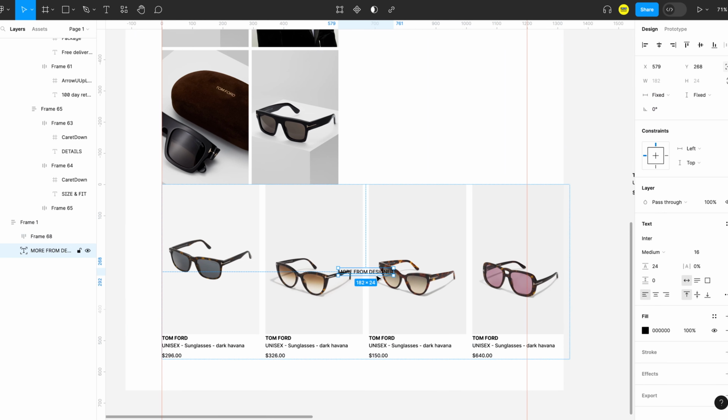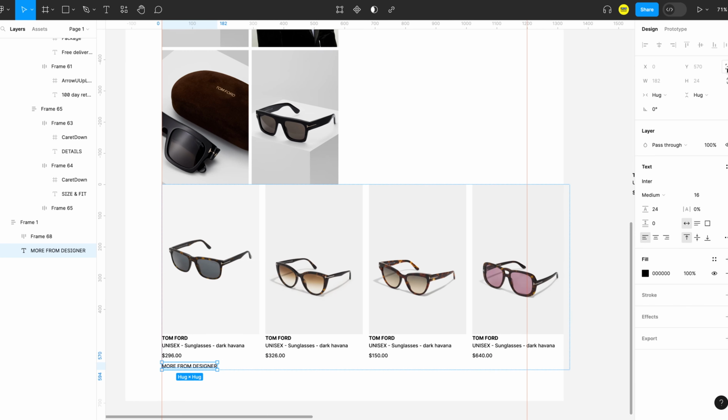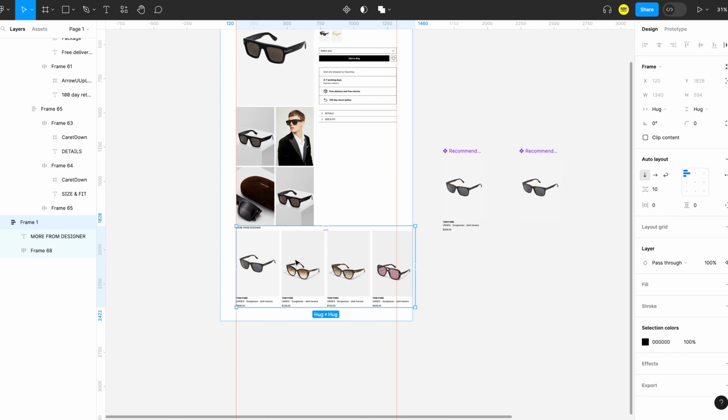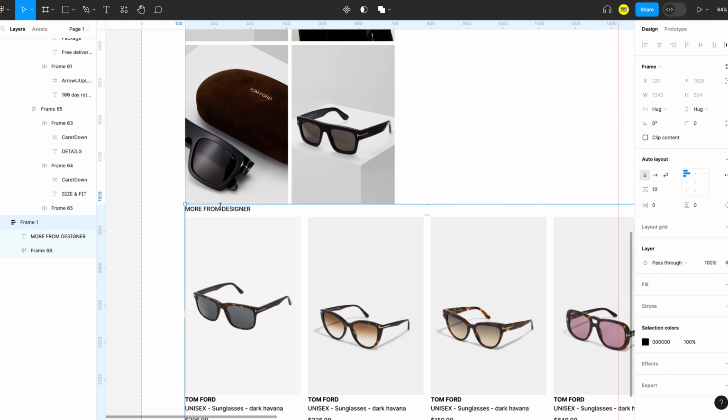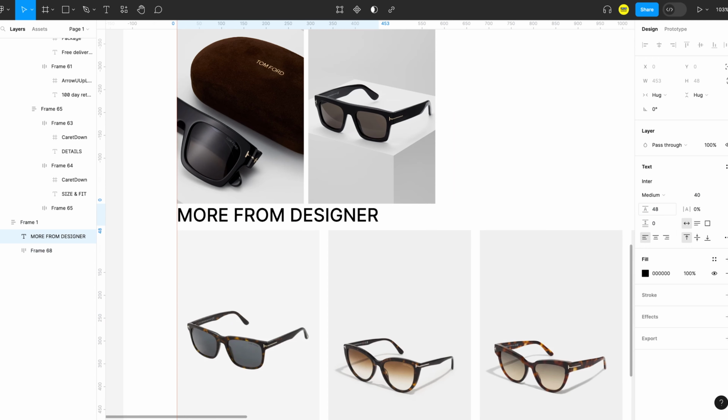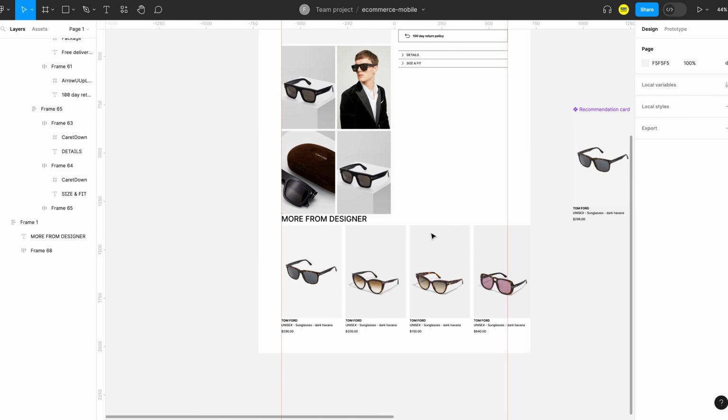So for some reason this more from image designer title is getting an absolute positioning. So I'll just turn it off and I will move it on top. So maybe I can increase the font size of this to 40, and I will change its line height to 48. So I think this is